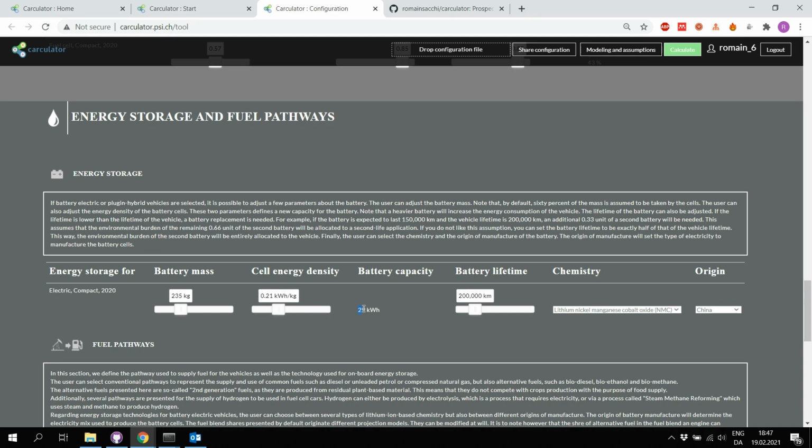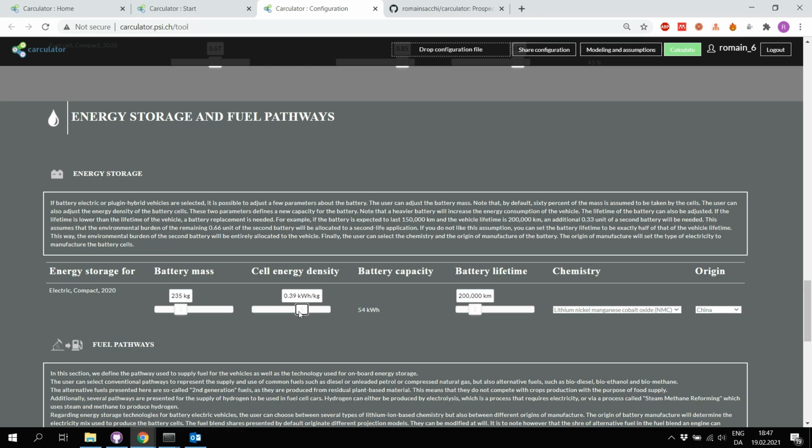And these two parameters will define the capacity of your battery. Of course, as we go in the future, the energy density of the battery cell will improve, meaning that for a given mass, you can pack in more energy,